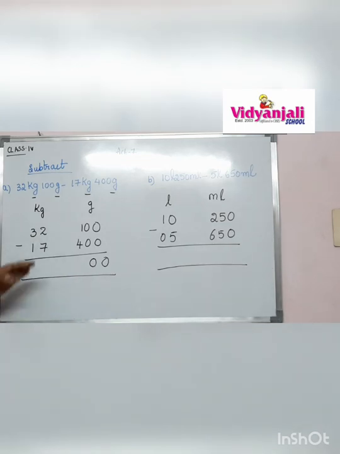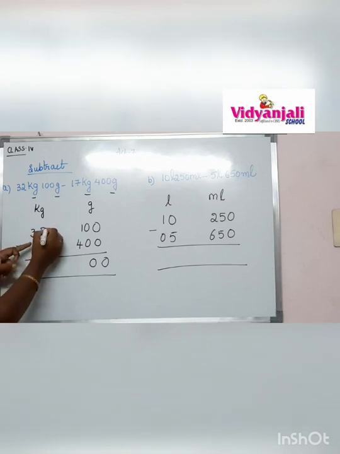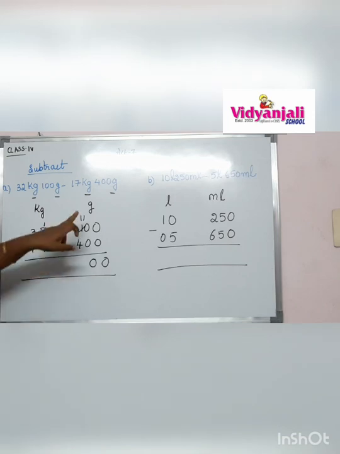You remember that usually you will commit mistake here only. So don't commit that mistake. You observe this here clearly. So 1 minus 4 is not possible. So what will you do? You have to borrow from 2. So this 2 becomes 1 and 1 becomes 11. 11 minus 4. How much? Count from 4 until you get 11. How much? 7. Yes. So 7 you write.